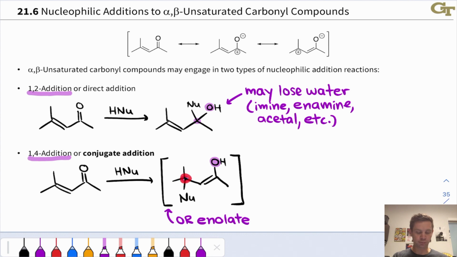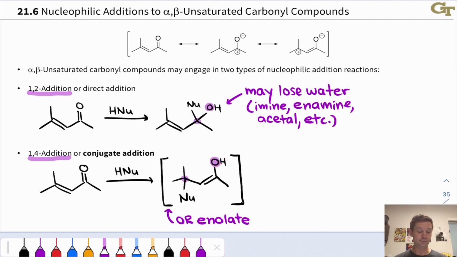Notice that the beta carbon with respect to the carbonyl oxygen looks like atom 4. O1, here's carbon 2, carbon 3, carbon 4. So if we add an H to oxygen 1 and the nucleophile to carbon 4, this corresponds to 1,4 addition. And this may occur through an enol intermediate where this O is protonated, or an enolate where this O is